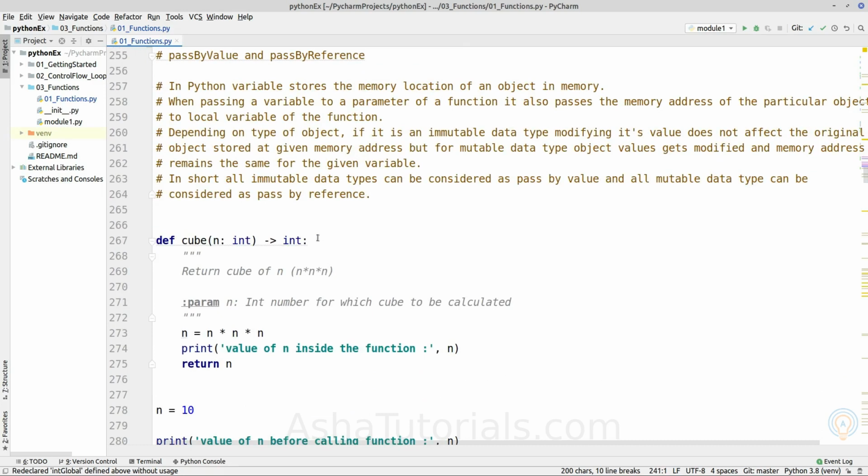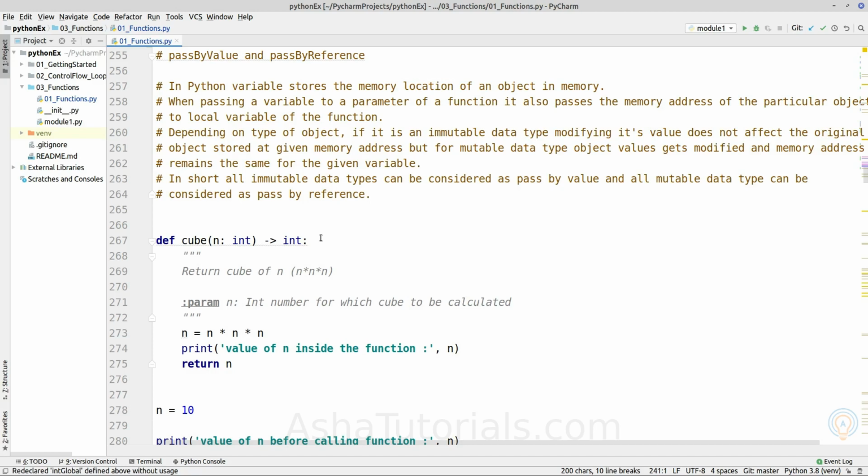The next topic is pass by value and pass by reference. In other languages such as C, we can pass the reference of a particular variable as an argument of a function, which will replace the value of that variable. We can also pass the value of an object as a parameter, which will not affect the variable. So how do those two concepts work inside Python?